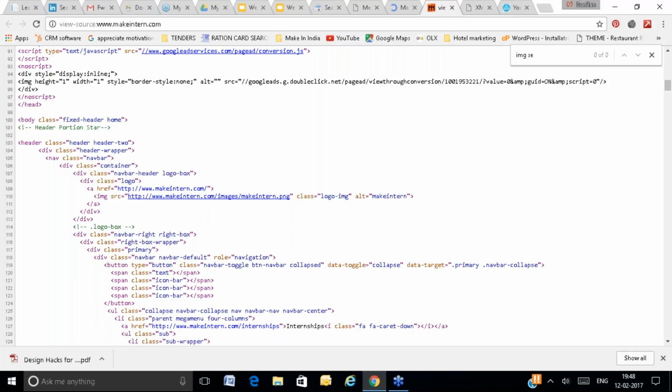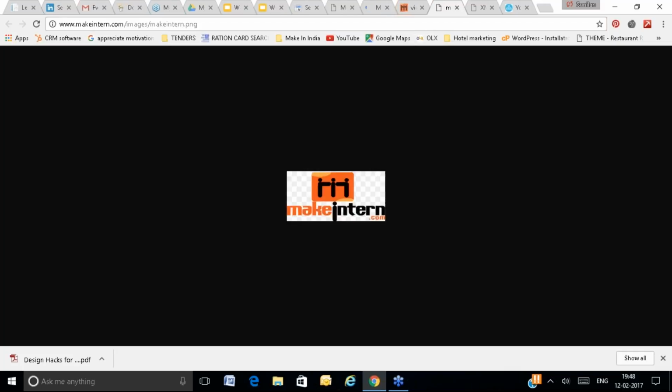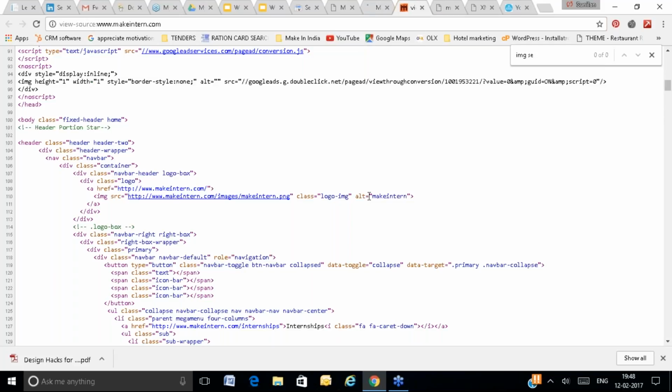So if you are optimizing a non-WordPress website, then with every image source code you use, you have to place relevant alt text related to that image. Whatever the image is, the text should be about that particular image. So you have to place relevant alt text, right? I hope you understand now.